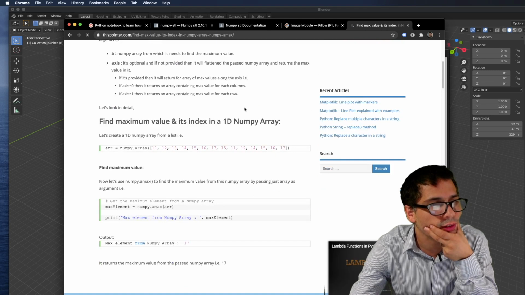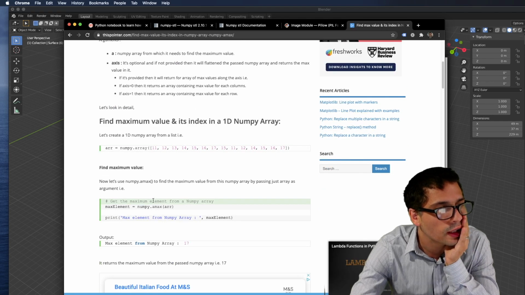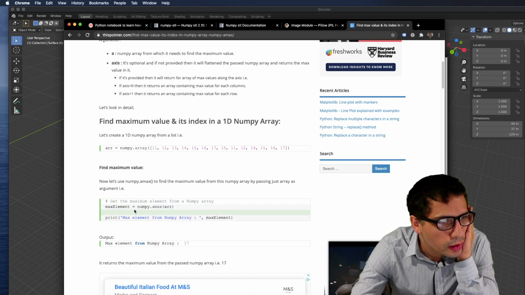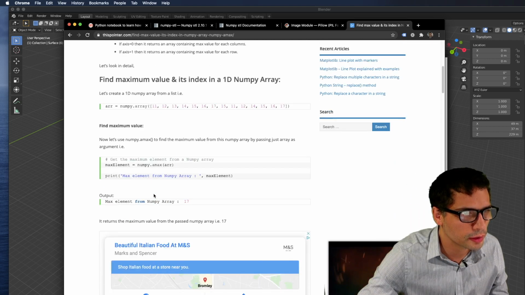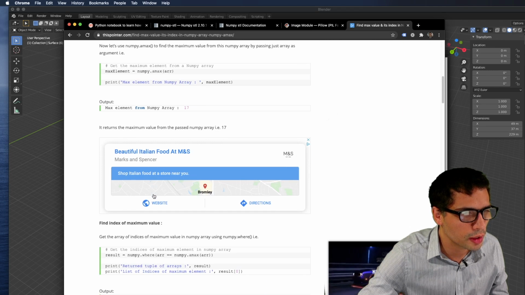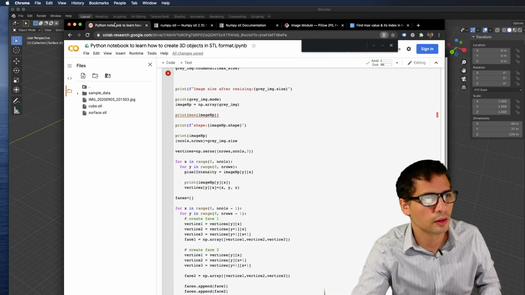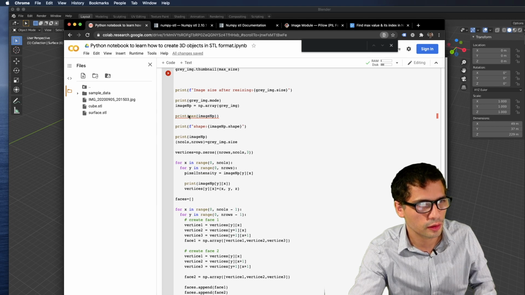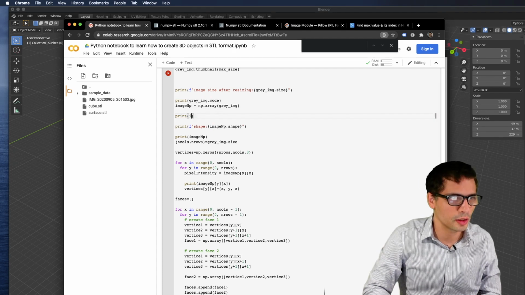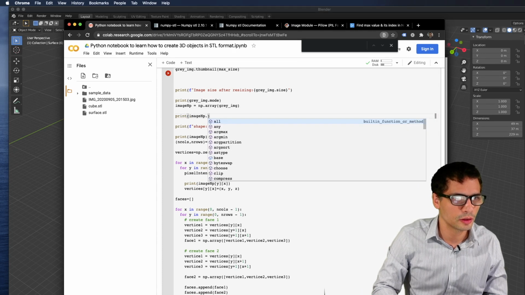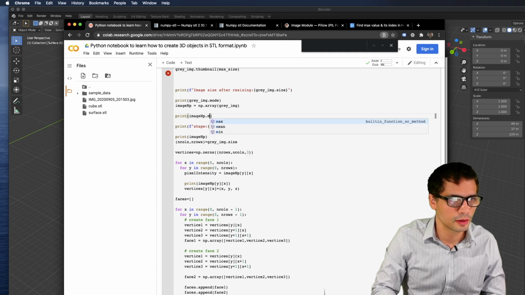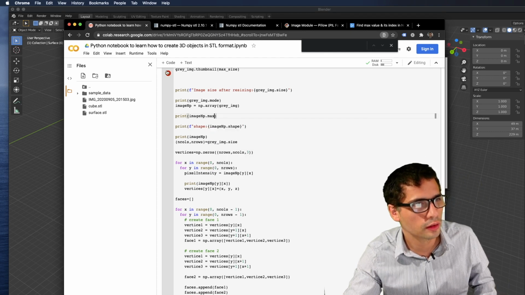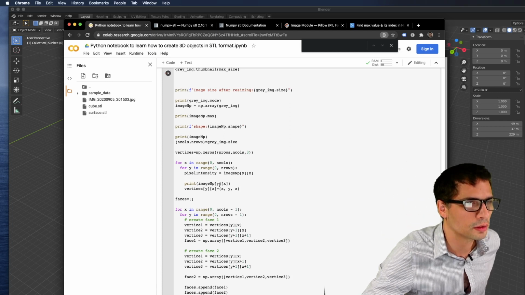I don't need to find the index, but I want to know. Okay, NumPy dot, a max. Can I not just pass in... it's a bit weird, I need to pass in the actual array itself. So let's see if I can do something like image np dot max. Oh yeah, okay. So let's see if this works.